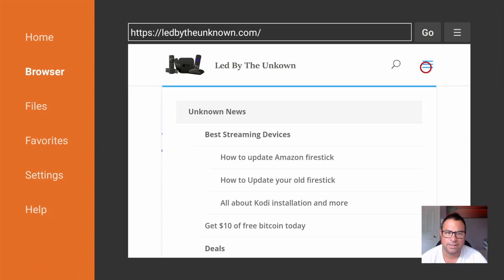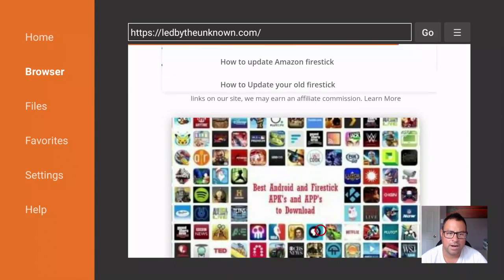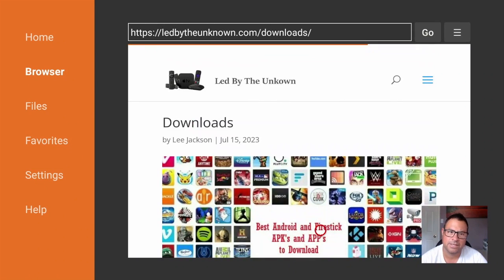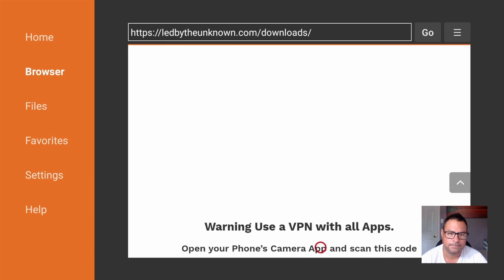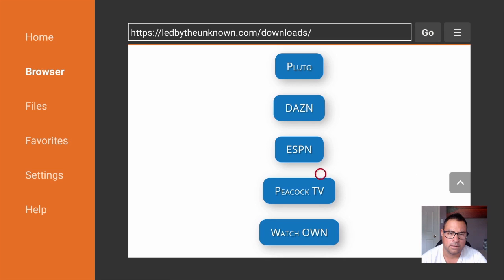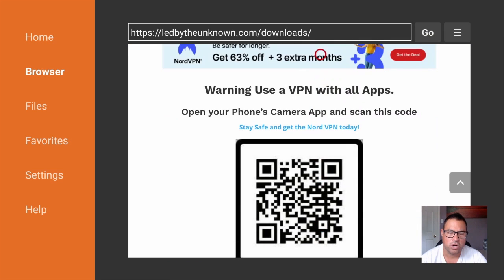Once you're signed up, click the little pull down button and click on downloads, and this will come to the download screen where we can download these great applications. Once we're in the download screen, pull out your phone,